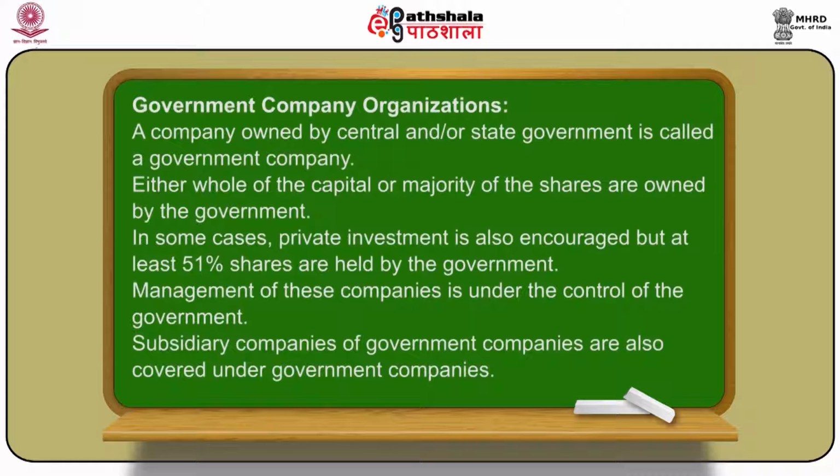The next one is the government company. So what is a government company? A government company is again one form of public enterprise. It is again distinguished from the corporation form and the departmental form. The departmental form, as I stated earlier, is very rigid in its operations. The public corporation is a bit flexible, and the government company is more flexible in terms of its establishment and closure. So these are the major forms of public enterprises.